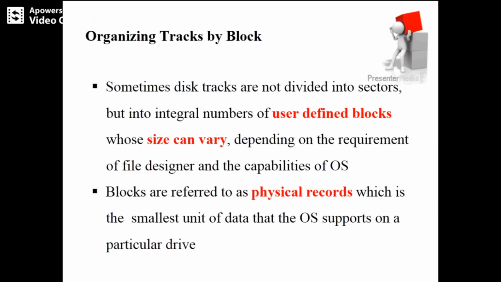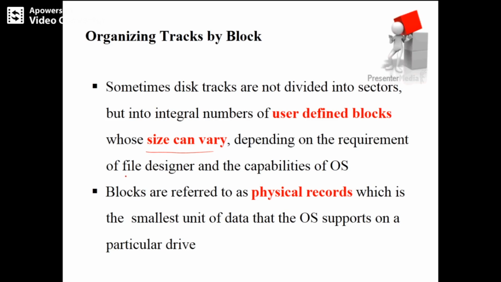So what exactly is a user defined block? If you go for sector, then its size is fixed, okay, but if you go for blocks, its size can vary. It depends on who exactly designs it. So it is user defined.